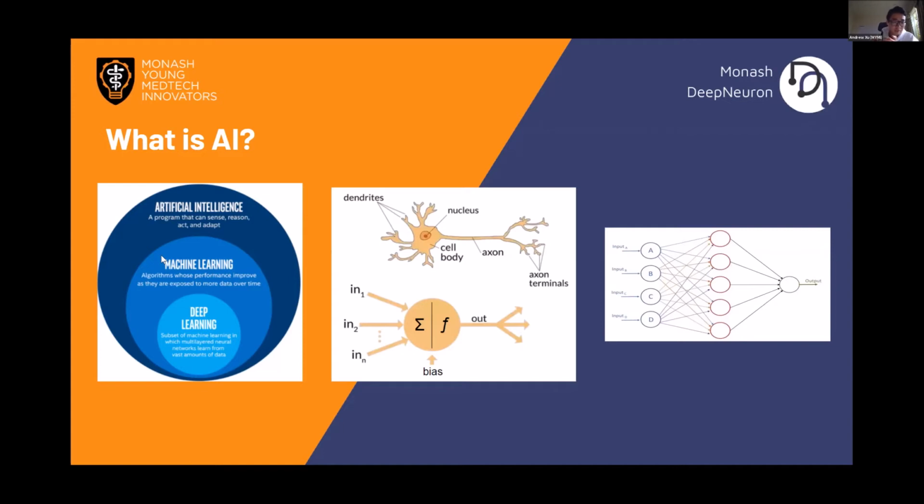Out of all the different approaches in machine learning, neural nets is by far the most promising technique within the scope of artificial intelligence that can be applied in medicine. And because of its popularity, the terms neural network and deep learning are often used interchangeably with machine learning and artificial intelligence. But just for the sake of this presentation, I will be referring to AI and machine learning in terms of neural networks. So when I say AI, what I actually mean is specifically neural nets.